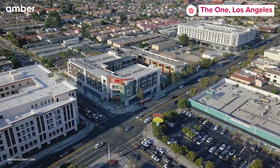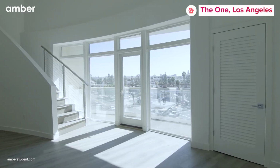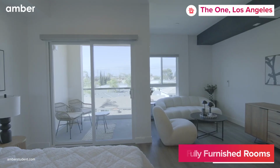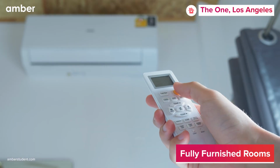Imagine stepping into a bright, lit-up space to live in style and luxury. This dream comes true at The One Los Angeles every day. Take your pick from enchanting studios and spacious 2-bedroom apartments, complete with heating and AC to keep you cozy in